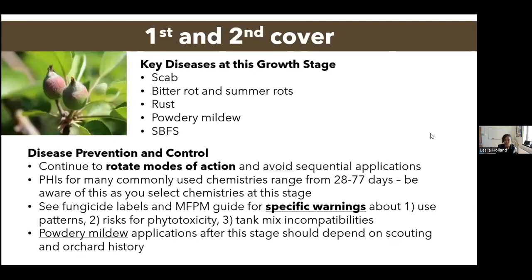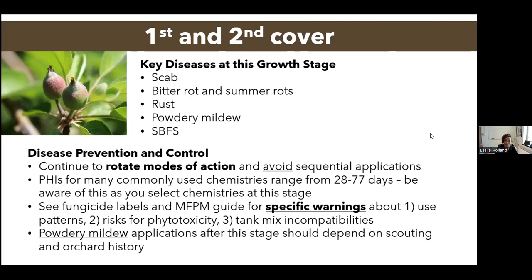So we're heading into our summer and our first and our second cover sprays, if you will. We've got scab, the fruit rots, rust, powdery mildew, and sooty blotch and fly speck are the key diseases at this particular growth stage. And really, your program's not going to change entirely much. The big thing at this point in the season, as you've already made several sprays to control diseases, is making sure that you're rotating those modes of action and avoiding those sequential applications of the same FRAC group or mode